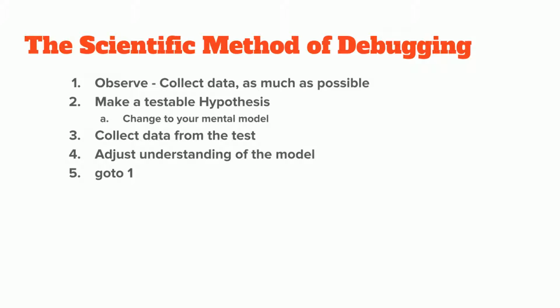So here we have what we're calling the scientific method of debugging. First step, observe, collect data as much as you can. Again, we're not trying to fix the immediate problem. We're trying to fix the underlying bug. So we need to know what causes it. Is it a certain browser if it's a front-end issue? Is it a time of day if it's a server load issue? There's all types of surrounding data that maybe doesn't seem important, but maybe it is.